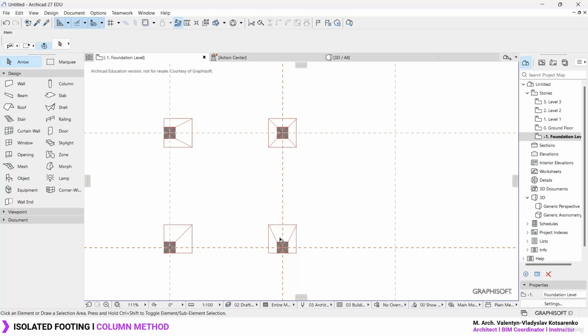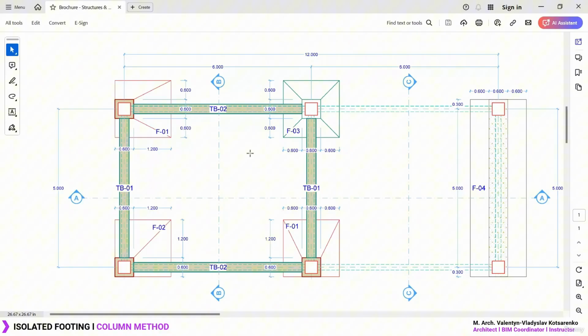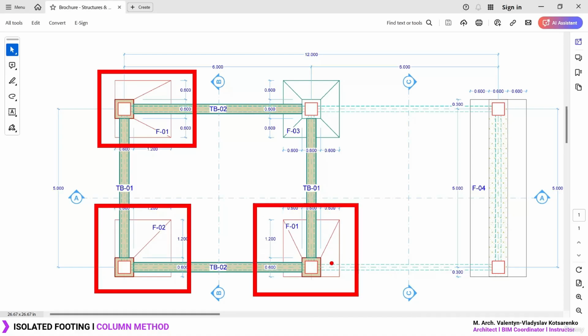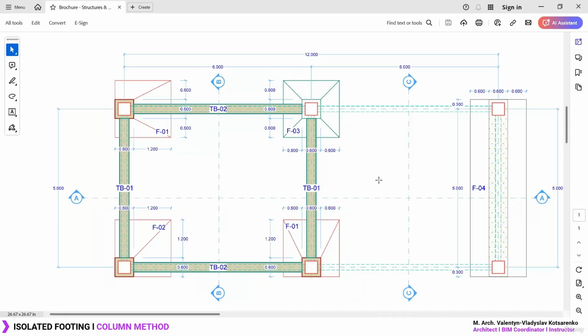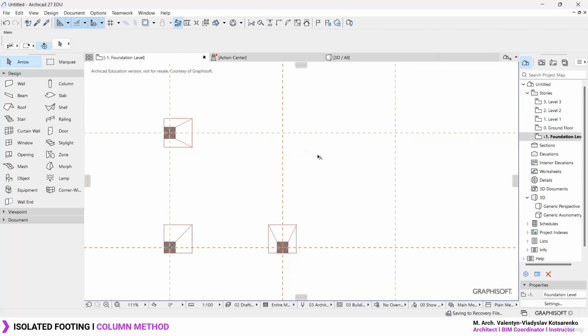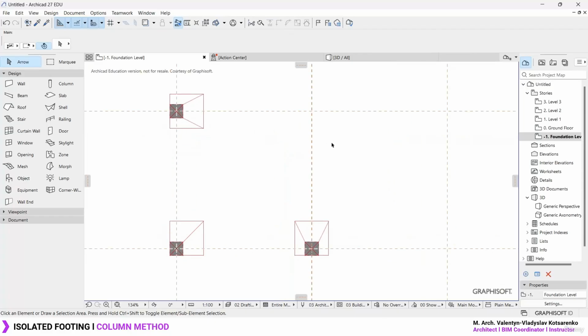the four types of isolated footings that we require for this example. So as always, take a few minutes, mess around with the different parameters, make sure to solve the first footings for your project. And now in the next lesson, I'll delete the footing I already positioned with the column. This one over here has to go. And I'm going to explain to you another second method of how you can create different types of foundations within